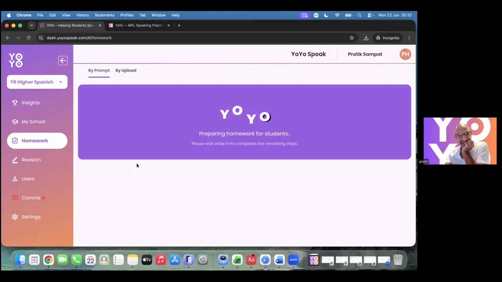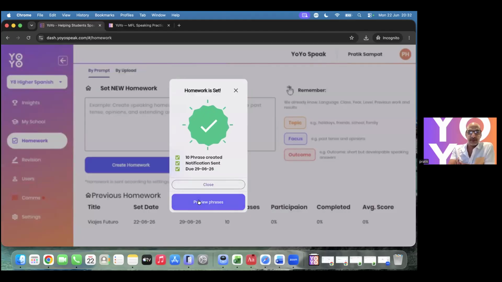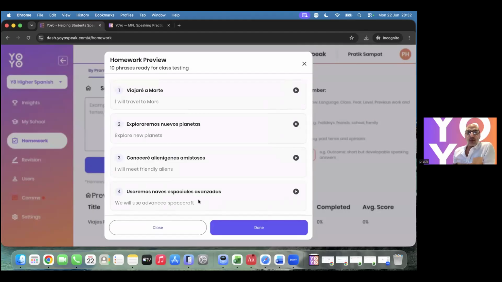While it's doing that as well, we had the question, the last one so far. Can you change the speed for the sound file? Great question. It's actually feedback we've had before. At the moment, we haven't got that, but it's very much on the roadmap, and soon students will be able to make it slightly quicker or slower.